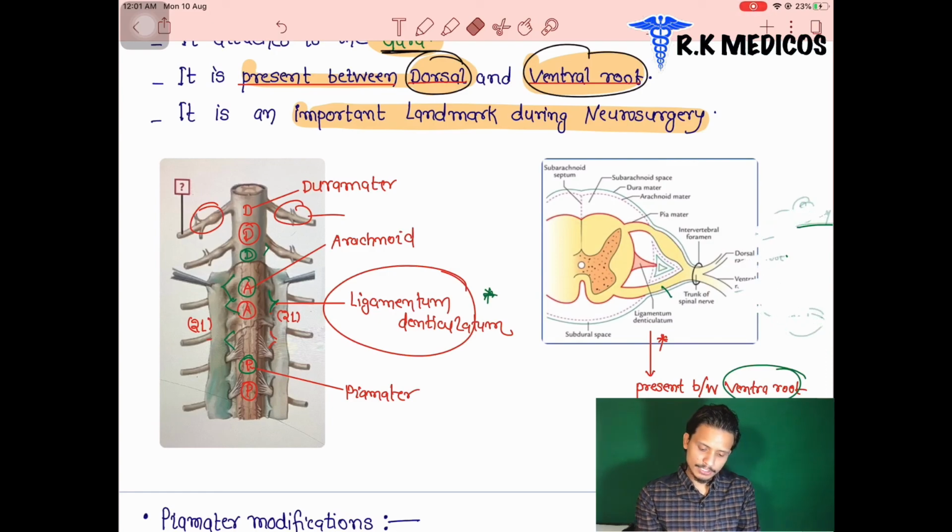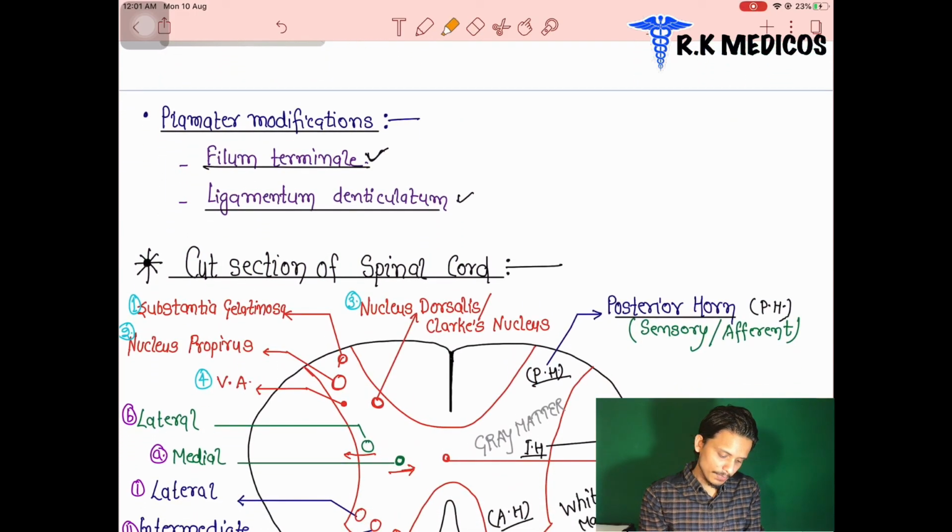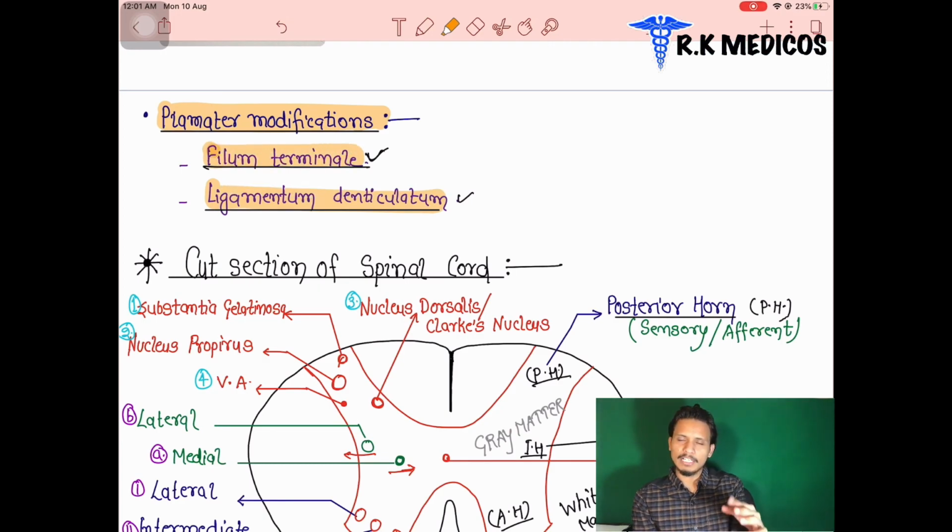For now we are going to see the next point, pia mater modification. I already told you two structures: the ligamentum denticulatum is a pia mater modification, and the filum terminale is also a modification of the meninges, where the pia mater on both sides attaches together just below the conus medullaris, forming the filum terminale. And the ligamentum denticulatum